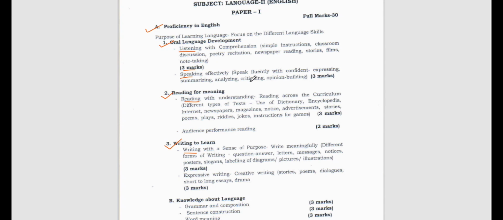Good. So speaking effectively. Speak fluently with confidence, expressing, summarizing, analyzing, critiquing, opinion building. Whenever we are speaking with our friends, on stage, off stage, in the classroom, outside the classroom, in the family, with peers, with friends, whoever they are, we have to be very confident. And we should give proper expression in what we are intending to say, or in what we are trying to express. So the expression, the body language